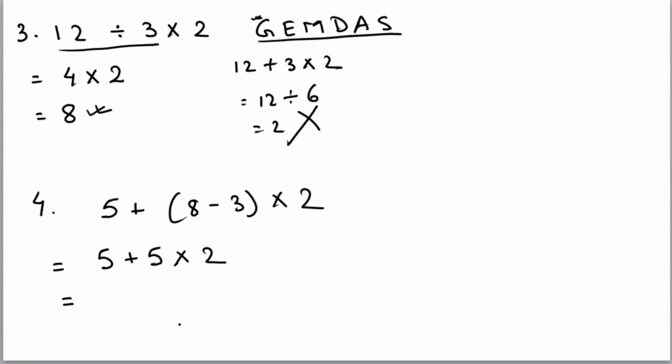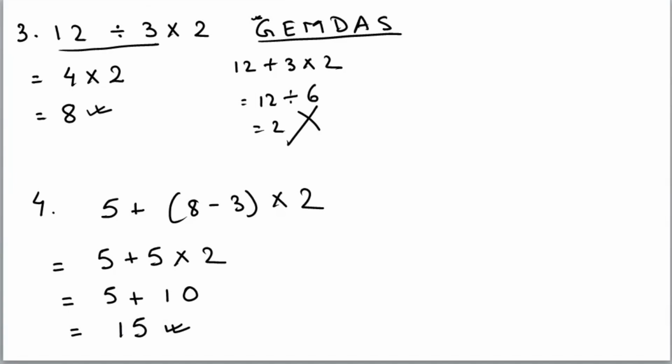And according to GEMDAS, we have to do the multiplication first, then the addition. So 5 times 2 will be 10. Now we have to do the addition. Then 5 plus 10 will be 15. This will be our final answer. Okay. Now let's solve